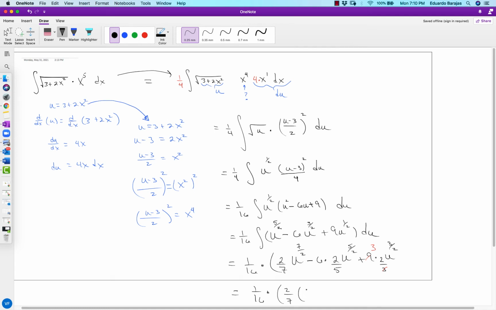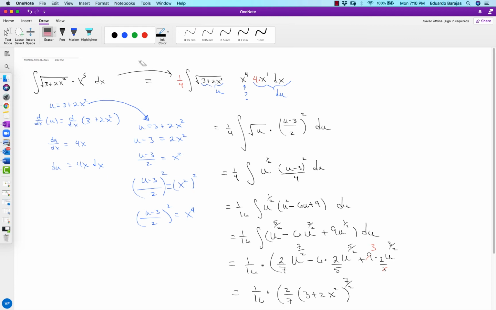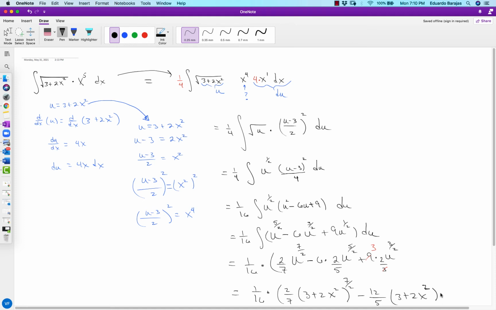Now u was equal to 3 plus 2x squared, raised to the power of 7/2. And then this doesn't reduce, so that'll be 12, so minus 12/5 times 3 plus 2x to the second power raised to the power of 5 over 2